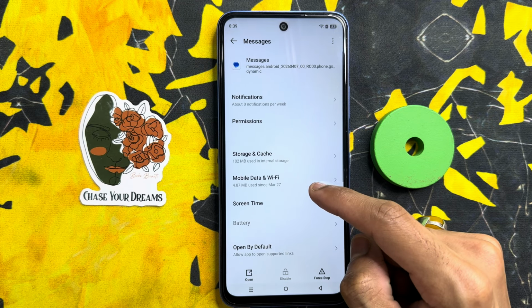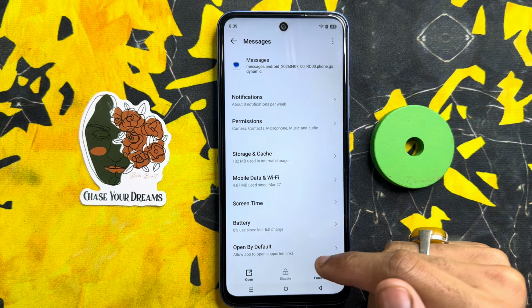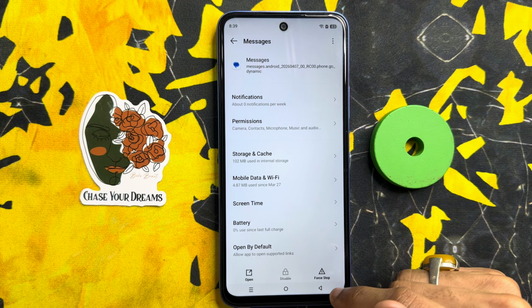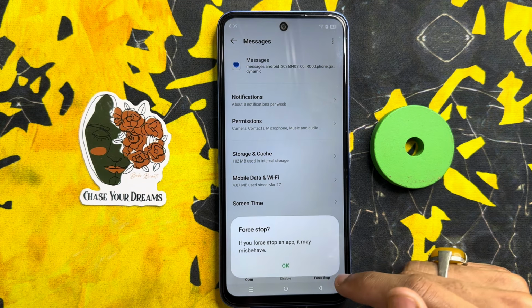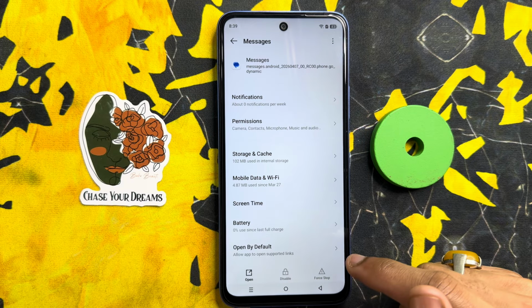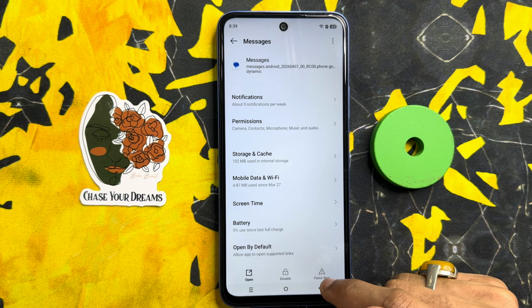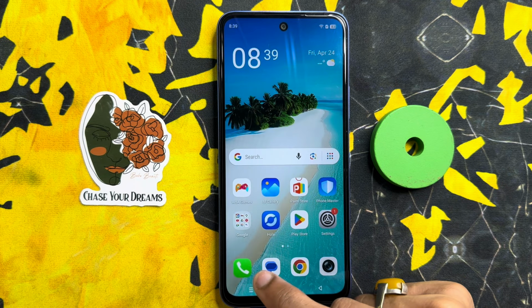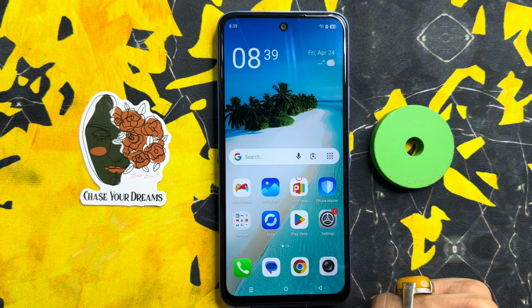Click on SMS app. If you want to fix this problem, force stop SMS app and click on force stop. After force stop, go back to home screen. You will see your problem is solved. But if it is not solved,